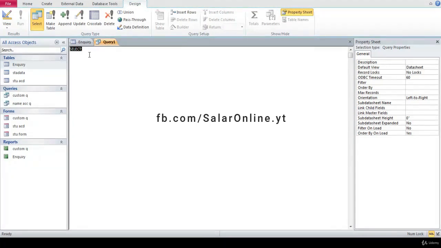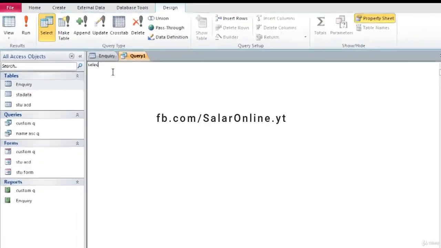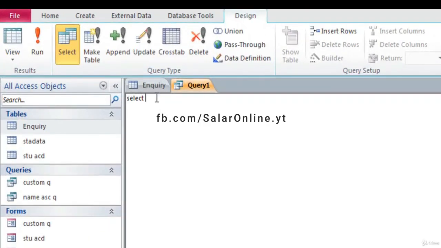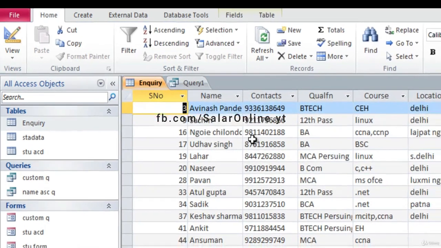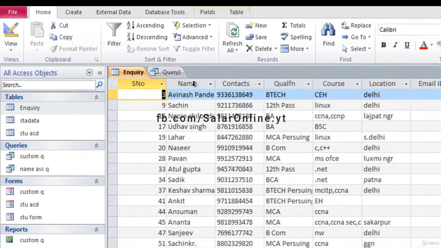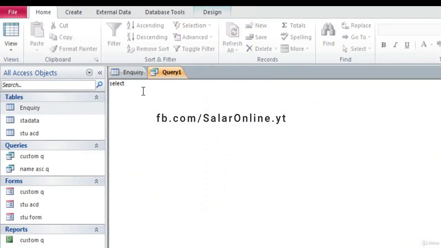So the first query that we are going to learn is, let's say I want to view one particular column from the data. So I need to write like this. First I need to write select, then I'm going to this inquiry. Let's say from this inquiry table I want the name column in particular. So select, then you need to give the column name. So the column name I have given is name. Then from, you need to give the table name. The table name is inquiry, so I have given inquiry,